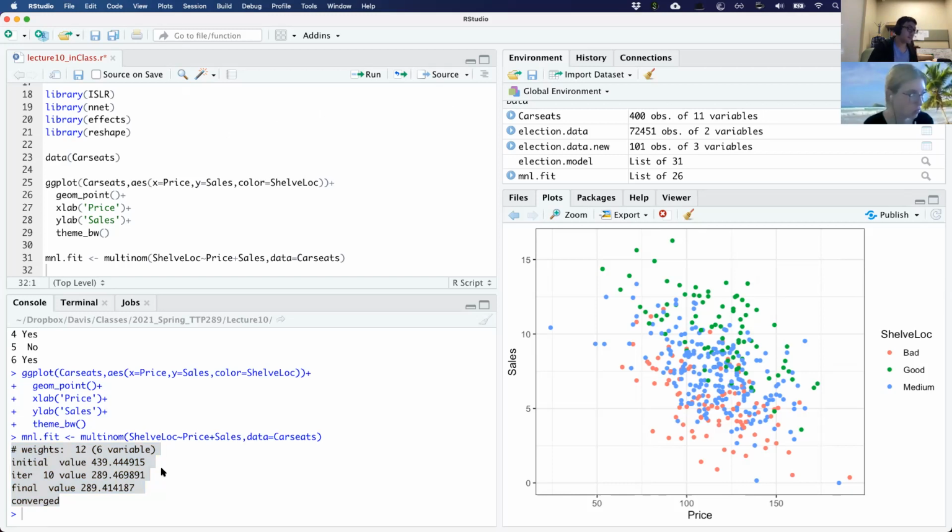And so that is a closed form solution for obtaining your betas. When you do a logistic regression, you actually have to go through a numerical method, a maximum likelihood estimator, to calculate the betas. And so that is kind of what's happening here. It's showing you some diagnostics of running the algorithm that finds the numerical solution.